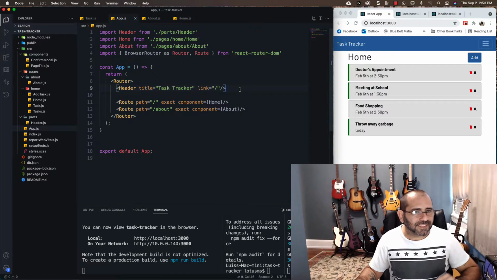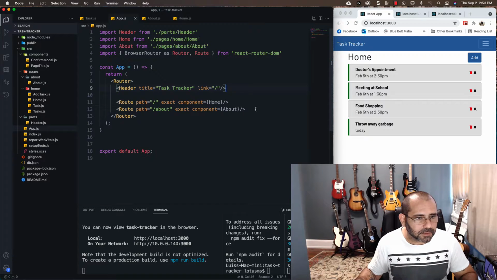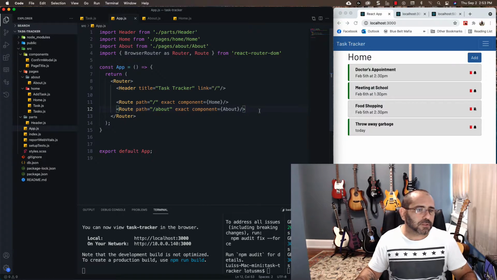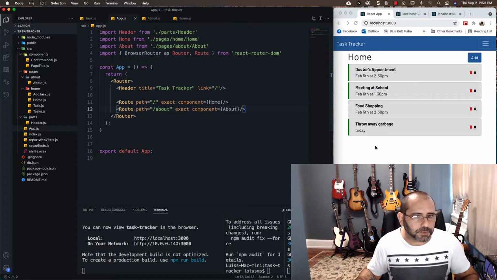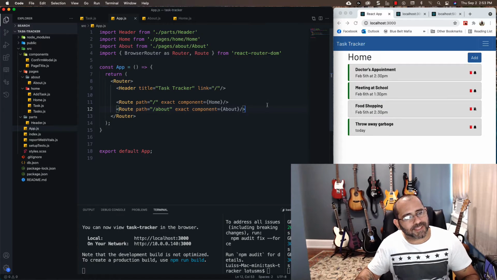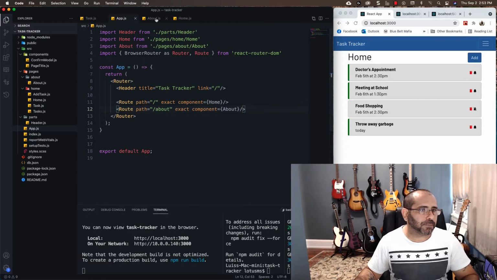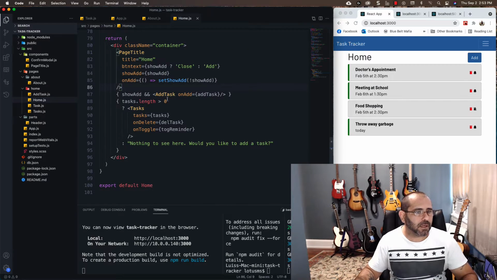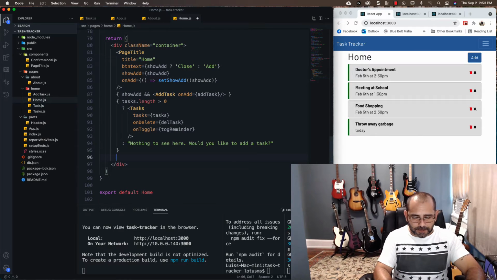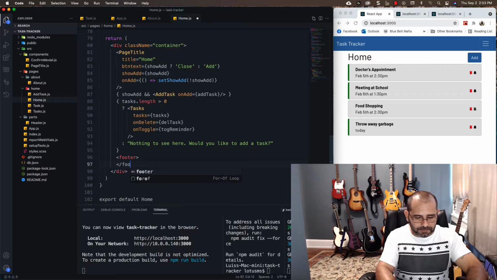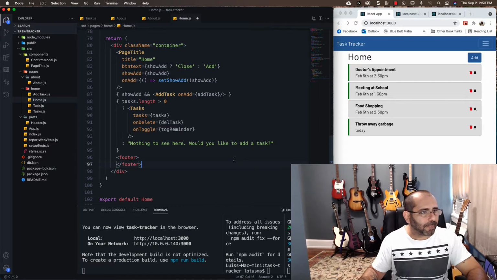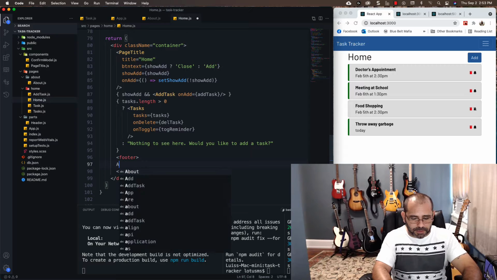So this is basically as simple as I can put it as far as routing goes, but there's one thing that I do want to do, and I'm going to do something here to test it. What should I do here? Let's put a link down here in the home page. So let's go to the home page, and underneath my task down here I am going to put a footer, and then in that footer I am going to put a hyperlink,